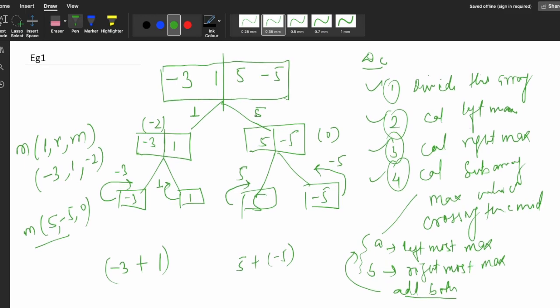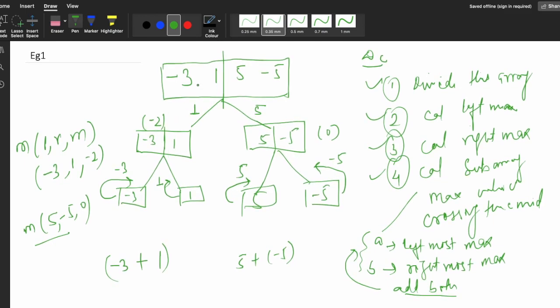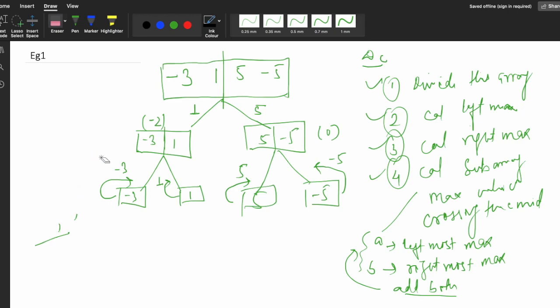Now for this array, the left value is 1 and the right value is 5.